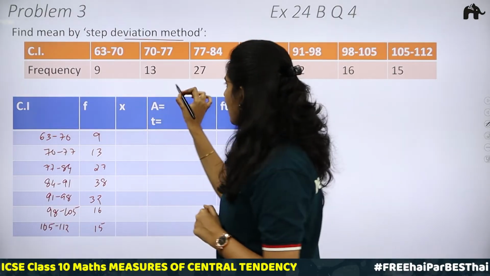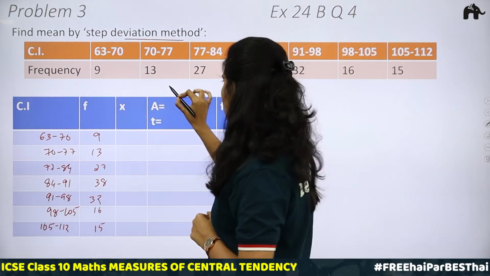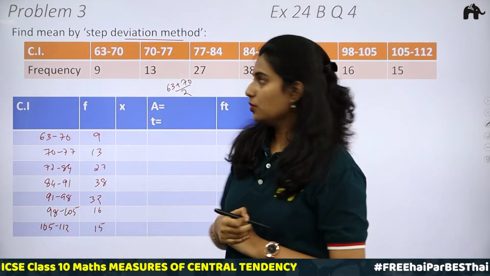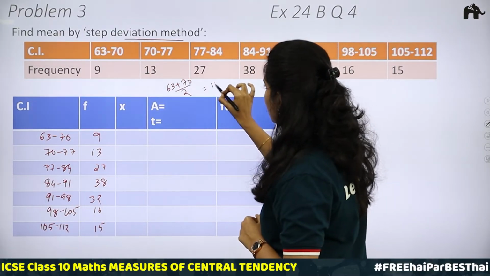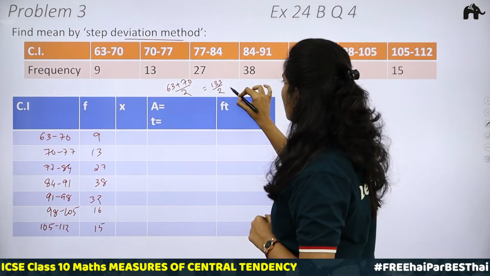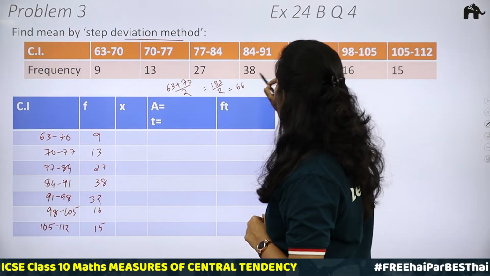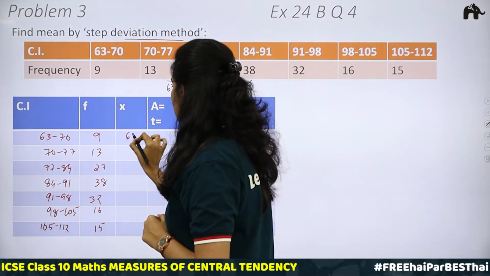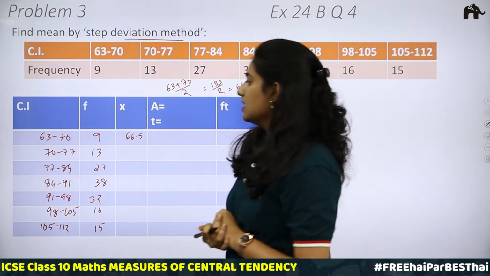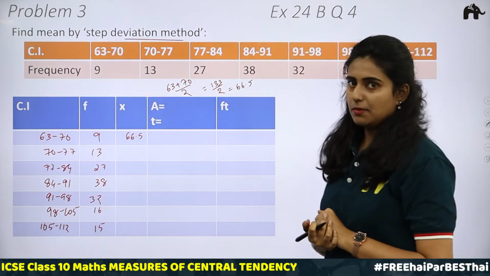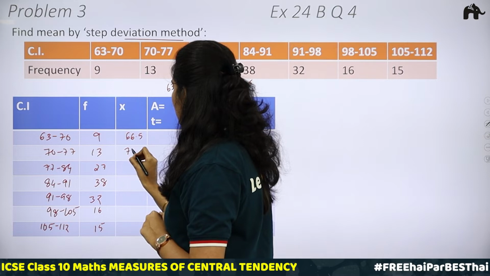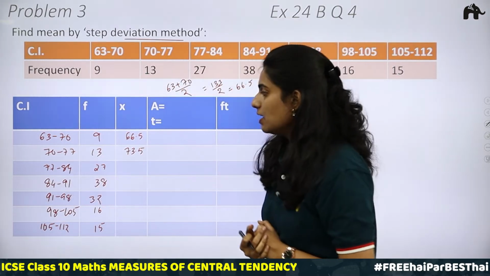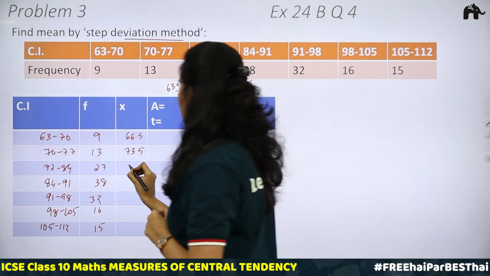So, first we have 63 and 70. 63 plus 70 divided by 2. What do we get? 133 divided by 2, and that is equal to 66.5. Next, 70 plus 77 divided by 2, you will be getting 73.5. 77 to 84. 77 plus 84 divided by 2, you will be getting